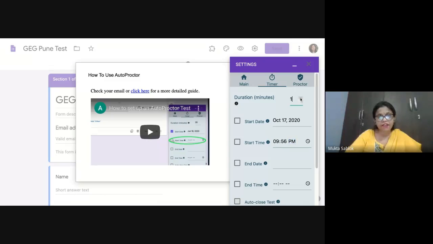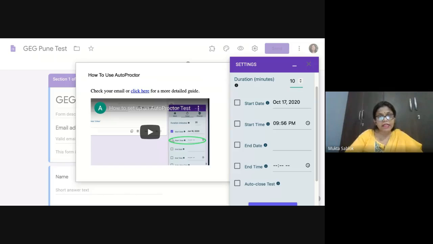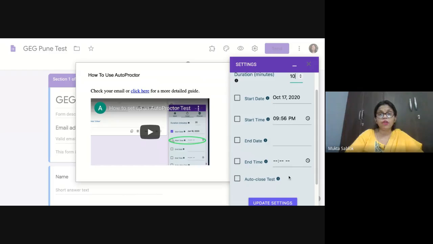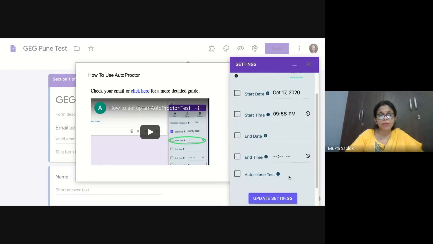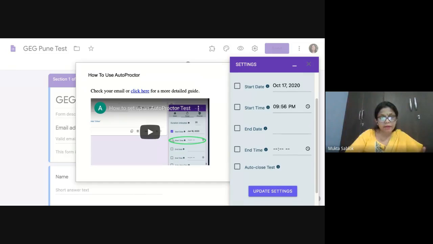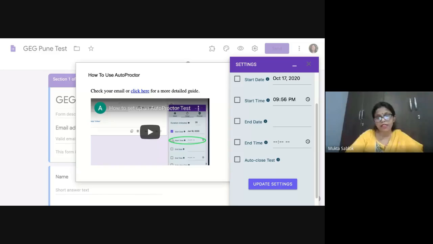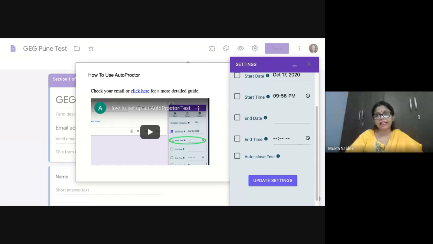First thing, you can give a duration, like 5 minutes or 10 minutes, whatever test you want to give a duration. Then the end date and time is after that the child won't be able to open that form. The timer, which we have set as 10 minutes, is that once the child has clicked, after that the 10 minutes will start.